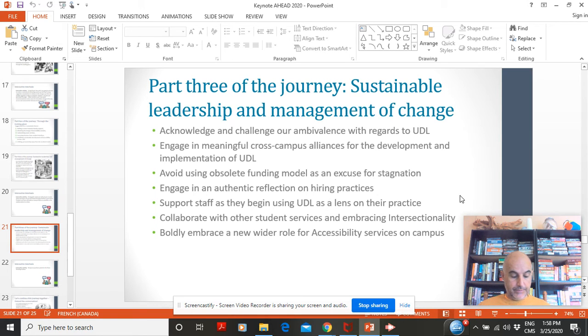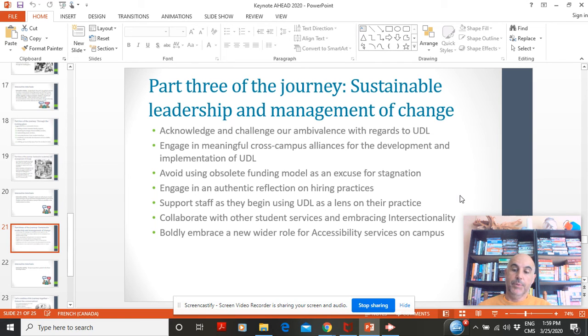Also accept, I think, that as we shift from a model which is very medical, very deficit based, which relies heavily on one-on-one interactions and assistance and help, a notion we've discussed a lot in this keynote, and move away from that to a social model, a notion of UDL, of a learning experience designed for inclusion that allows students to be autonomous, students have less and less need to come in and interact one-on-one with your staff. You may have staff who decide to leave.